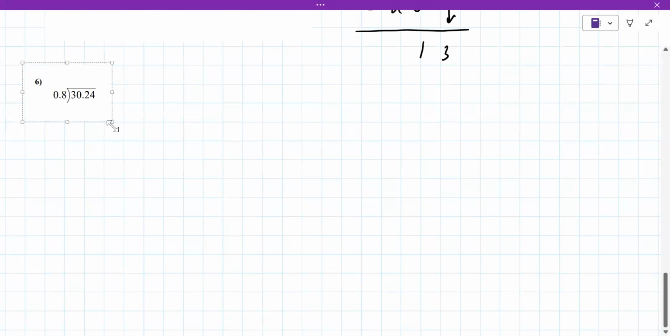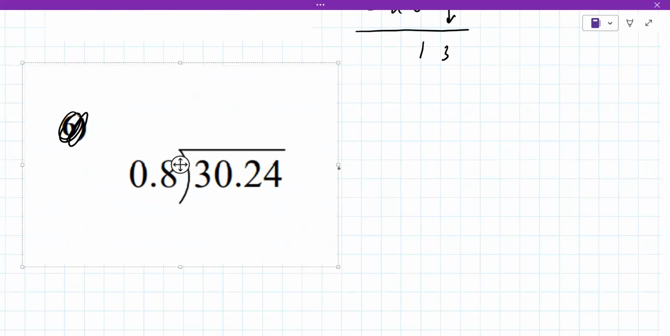Here we go. And you got to move that decimal over before you start. Okay. So you would